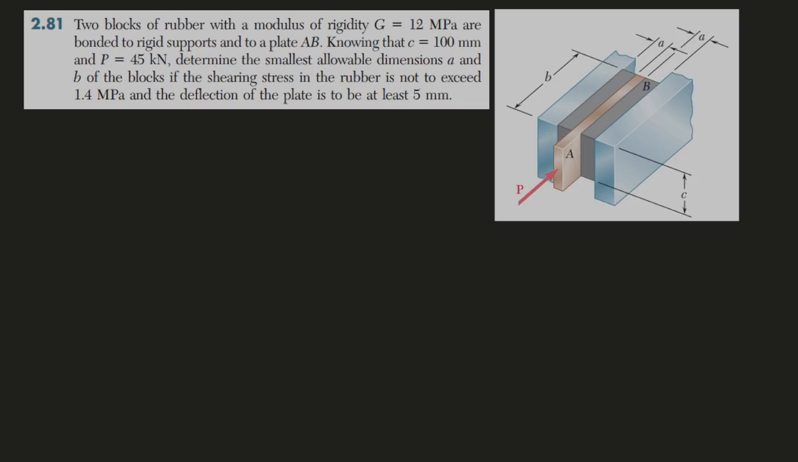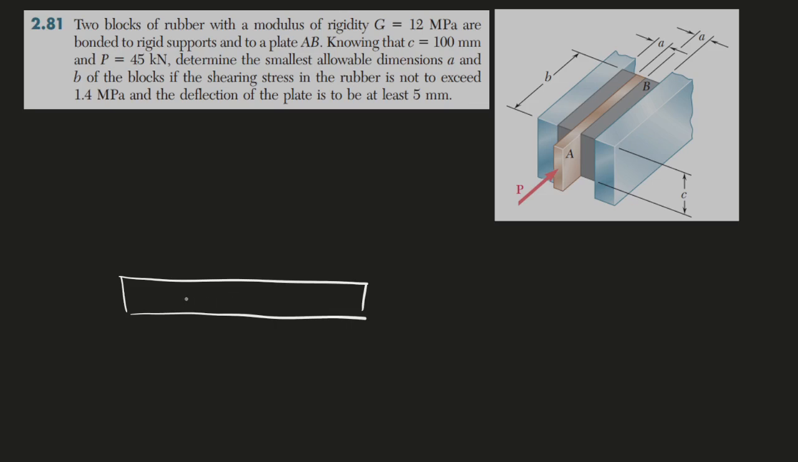I want to take a look at this question. It's rather easy, so read the question and just follow along. We're trying to find the A and B, and we'll start with a free body diagram first of the metal